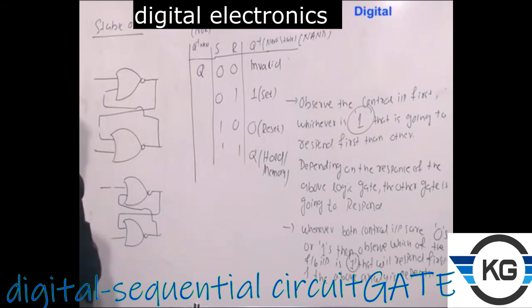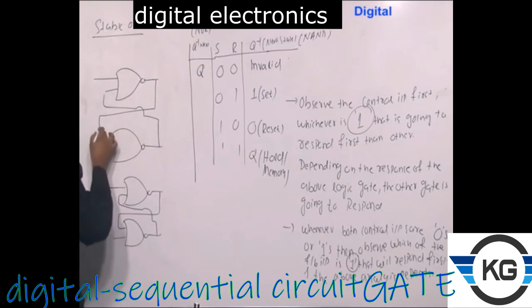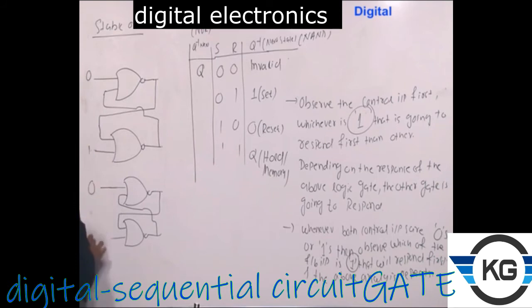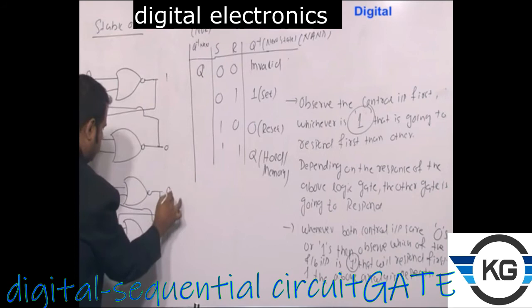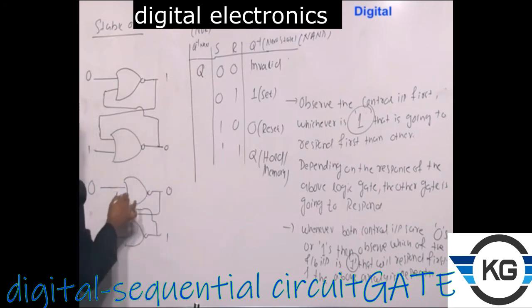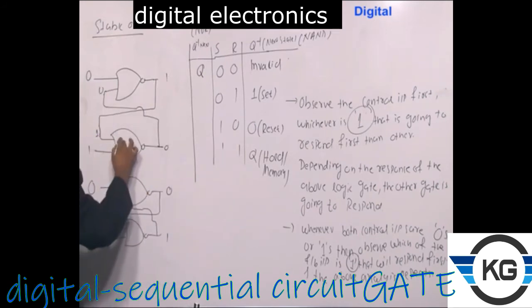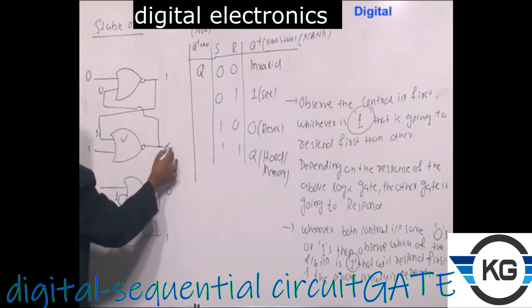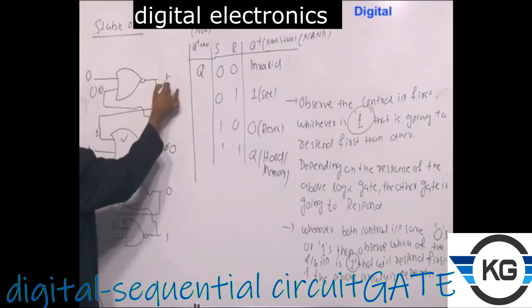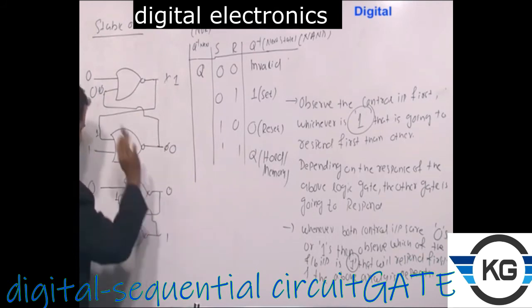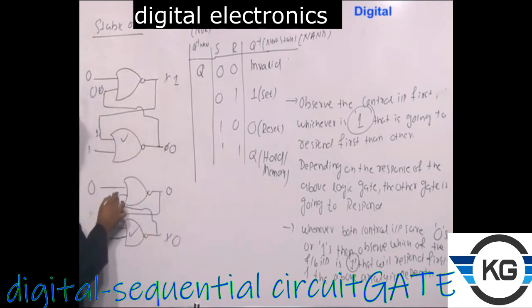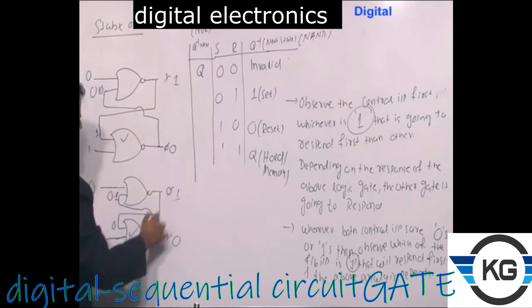Now again I am going to see that remaining iteration, that you make this as 0, 1. Once again you can assume this is 0, you can assume this is 1. So this will respond first. So here this will be 0, this 0 is coming here, so this will be 1 here. Now among this I have to observe the control input first of all, right? So this responds first of all, so this will be 0. So what will happen? Now this will be 0, so this will be 1 here.